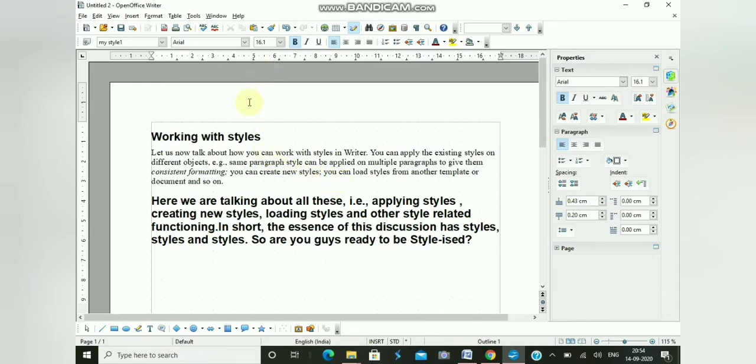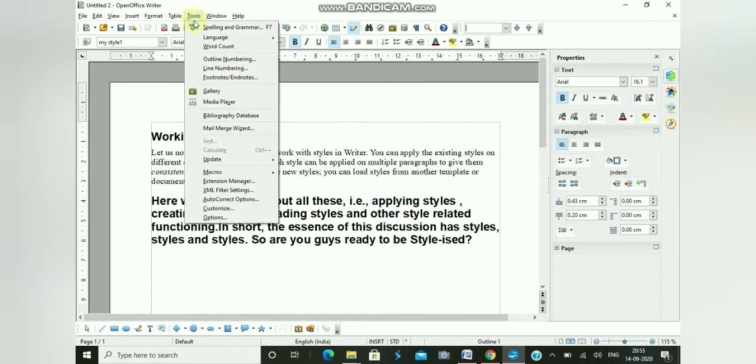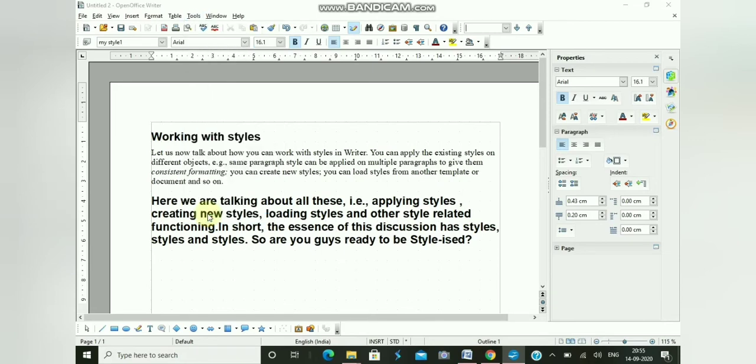Alright, so what happens sometimes, as per our own needs or requirements, we have to set up Writer by setting up the default values for common features, and these settings will actually affect the text documents that we create in Writer. Now to set up the options that will affect the Writer documents, what we have to do is open the options dialog box by using the Tools menu. So here you can see we have the Tools menu over here, and from there we have to click on the options command, as you can see here on the screen.